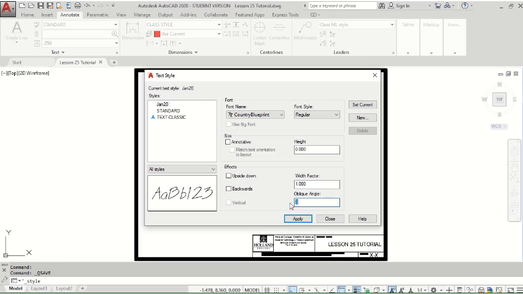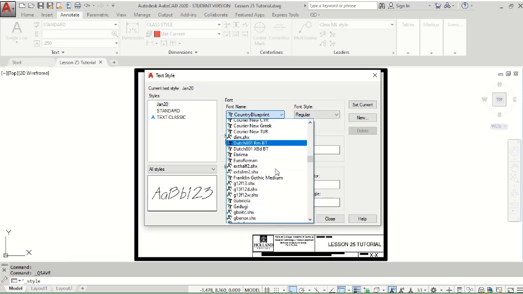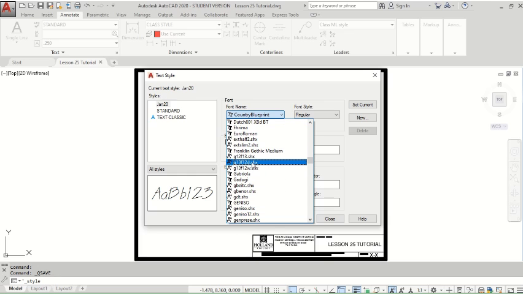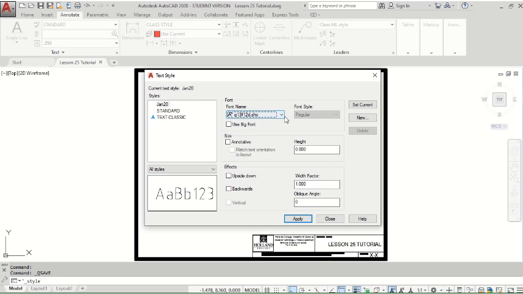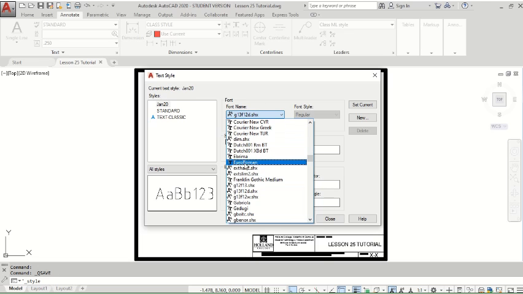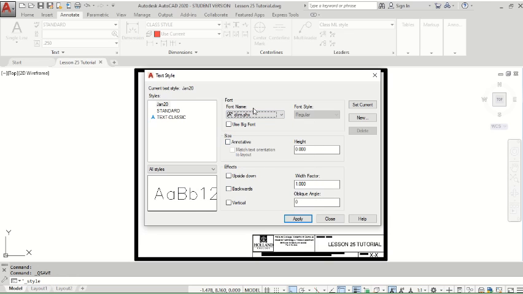Oblique angle, so kind of like italics basically. I could say I want it backwards, that I want it upside down, backwards and upside down. You can see that this one, vertical, is grayed out. That's because to select vertical, your font type has to be an SHX type font. And even then, sorry, not all of them will. So here's one that does. So I could save that,